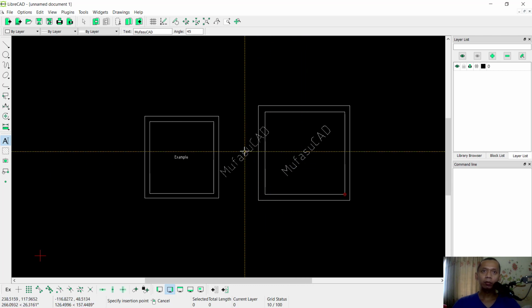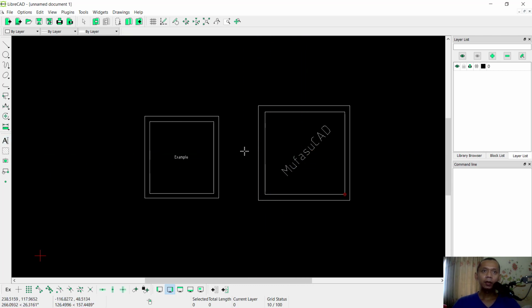Press the escape button to close. Okay, that's it, how to add text in LibreCAD